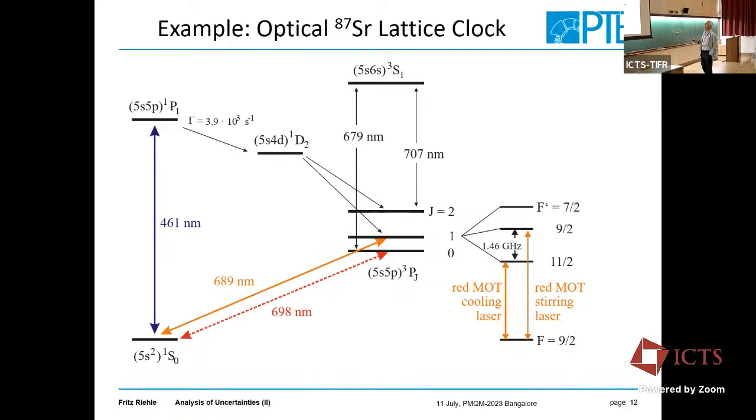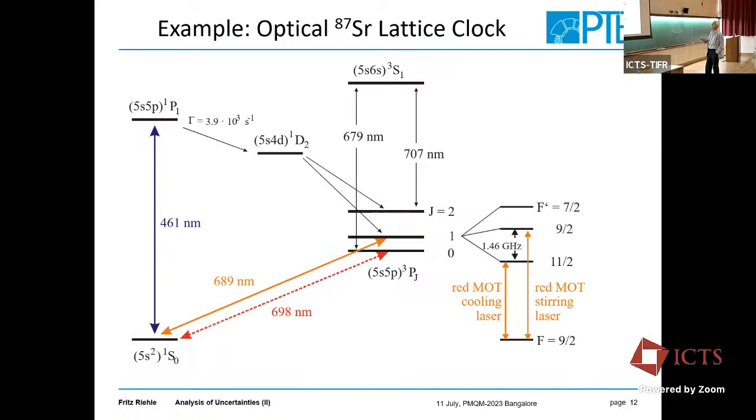The transition is 461, and you can operate a magneto-optical trap here nicely to make cold atoms in the ground state. The optical transition can be either